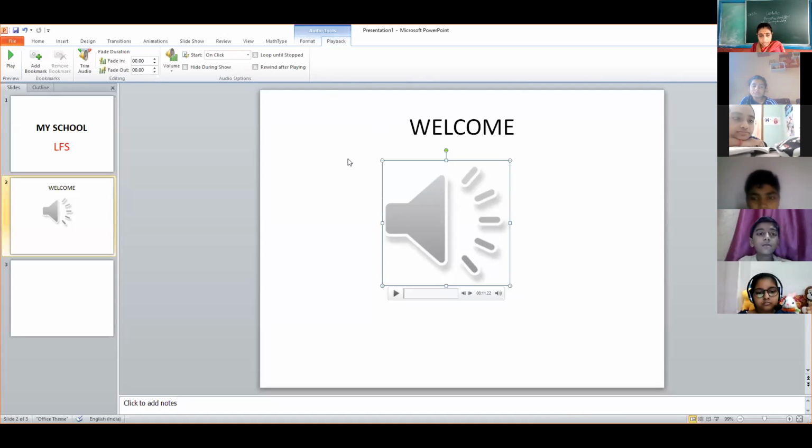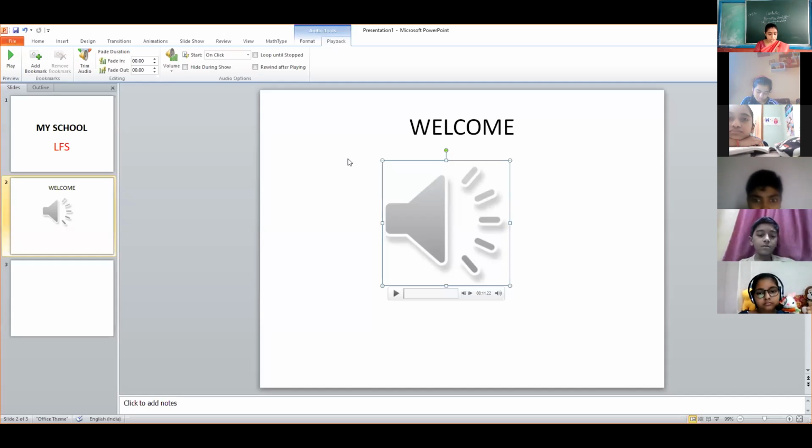Now let's see the steps first, what we have done. Second step, choose the audio from the file. This is just the second step. Many more steps are left. Now the insert audio dialog box appears. That dialog box was there from where we selected the audio. Then to locate your audio file, we selected this one and inserted it. The audio file will be added to the slide, indicated by the audio speaker icon. You can see this icon of a speaker that shows that your audio has been inserted.